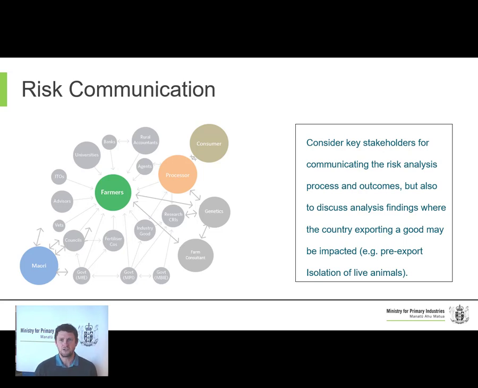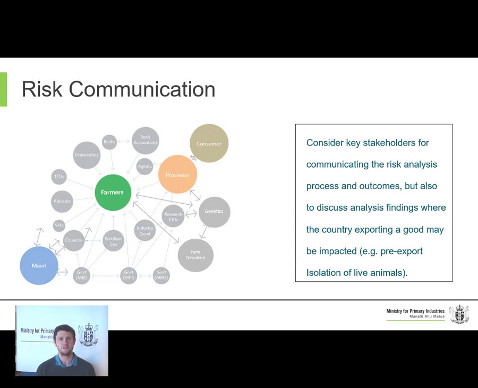From a risk communication perspective, I've just got a diagram here that we use in our supply chain integrity program to ensure that individuals undertaking a risk assessment, or the risk analysis as a whole, are actually looking at the type of individuals who may be impacted by any management decision that is made relating to managing those risks, and ensuring that communication is going to be appropriate for the type of impact for that particular stakeholder or partner. So we've got a few groups here I just want to highlight.